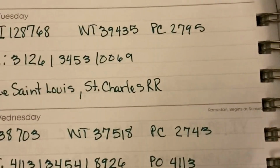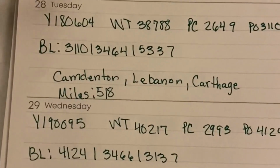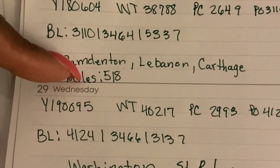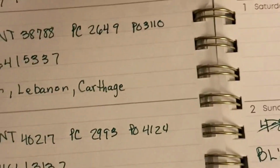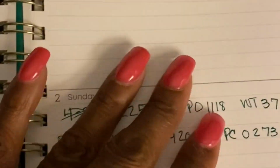I was not tracking my miles at first, but I just started tracking my miles. So I don't know if you can see, we're right here. I had 518. Let's see, I didn't write them down there, but I've been pretty good here. 349, 349, 347,